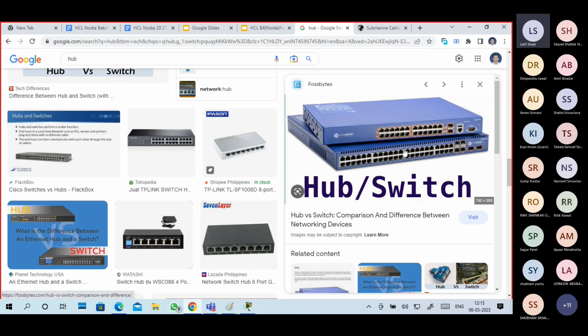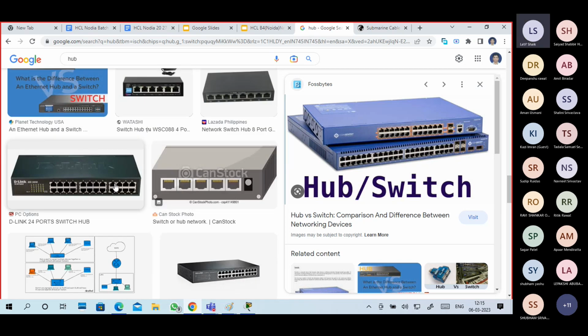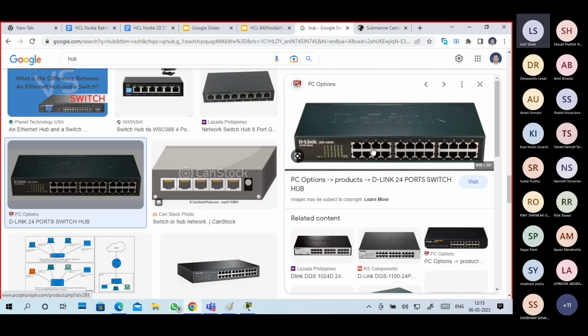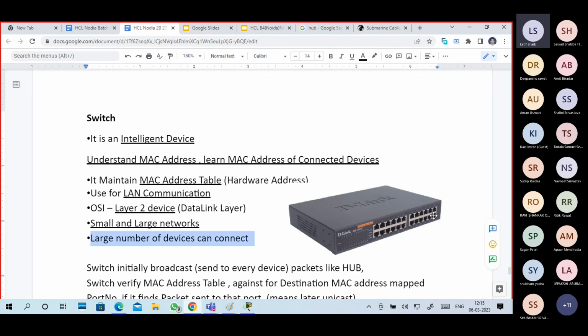Both are switches only. It depends upon the type of switch, guys: manageable switches, non-manageable switches. This is how switches look. Multiple ports are there.